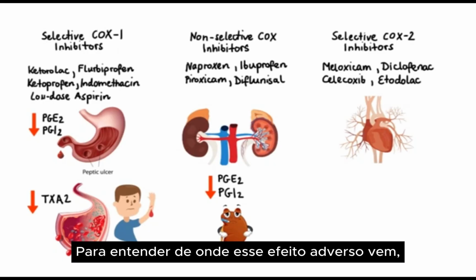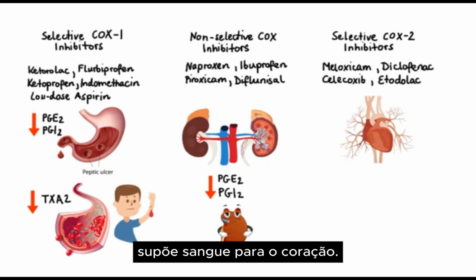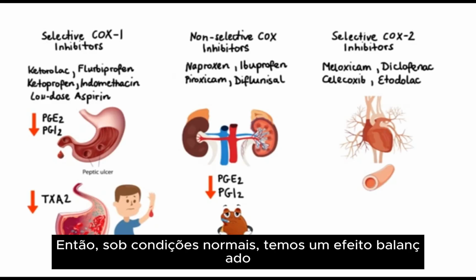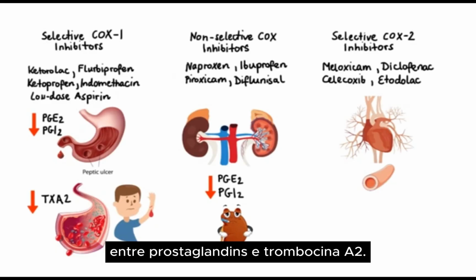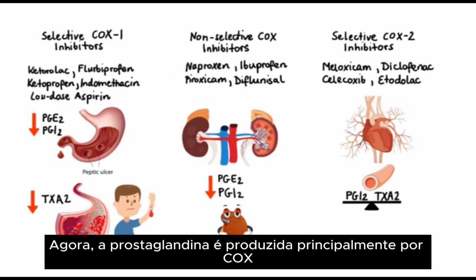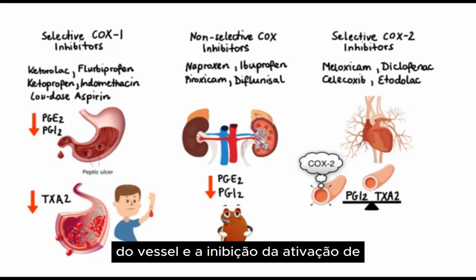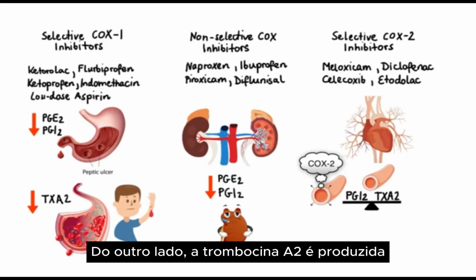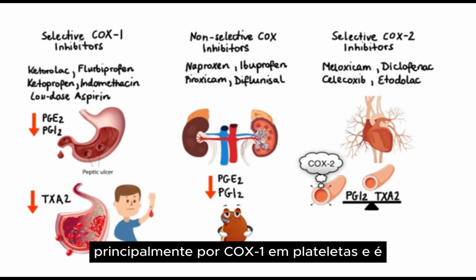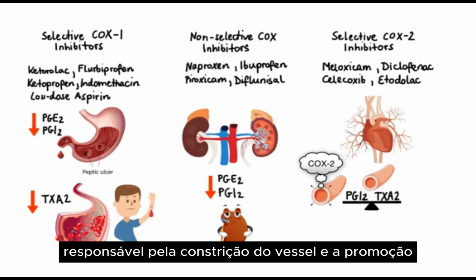In order to understand where this adverse effect comes from, let's take a look at the blood vessels supplying blood to the heart. So under normal conditions, we have a balanced effect between prostacyclin and thromboxane A2. Now, prostacyclin is produced mainly by COX-2 in the endothelium, and it's responsible for vasodilation and inhibition of platelet activation. On the other hand, thromboxane A2 is produced mainly by COX-1 in platelets, and it's responsible for vasoconstriction and promotion